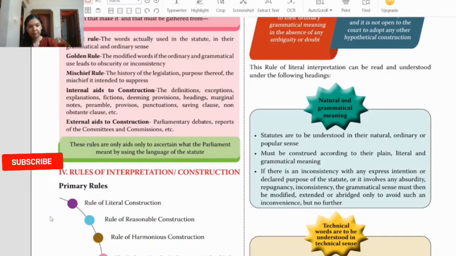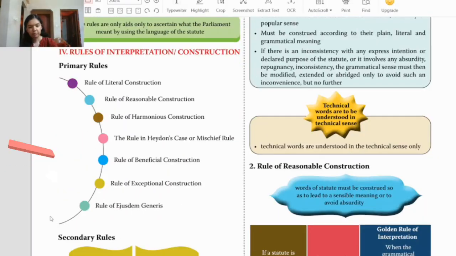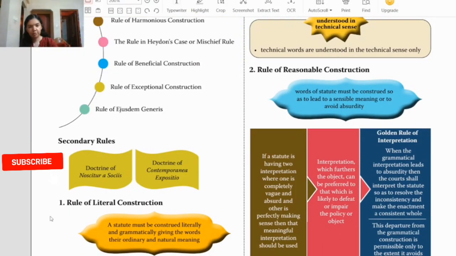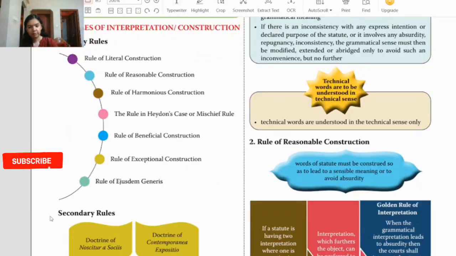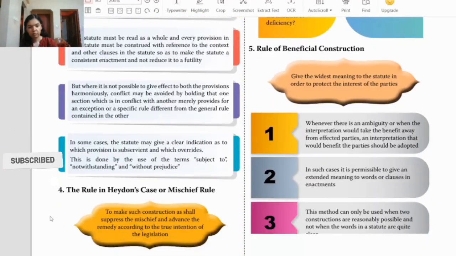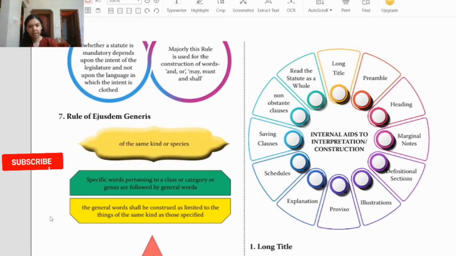Then rules of interpretation or construction. Then you have secondary rule, and each of the rule has been explained here in a short way. So you can see here all the 7 rules have been explained.